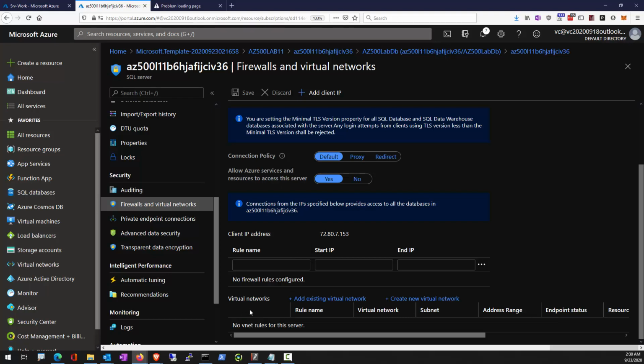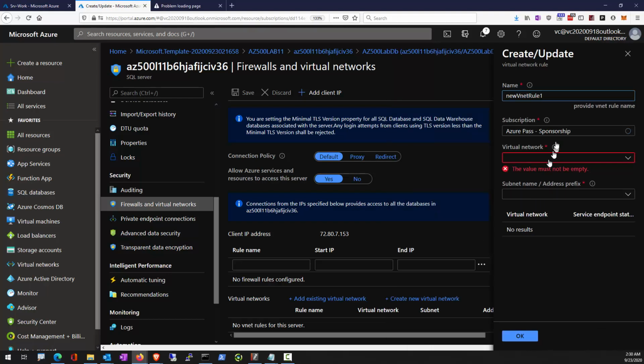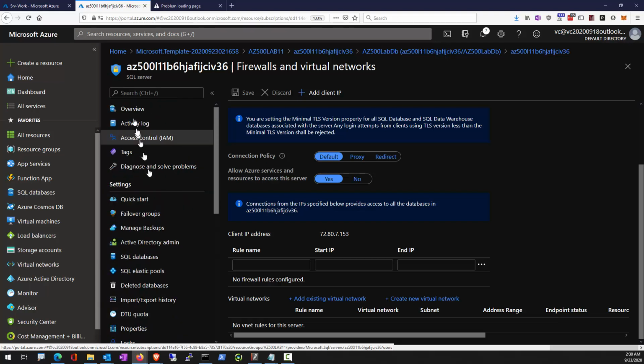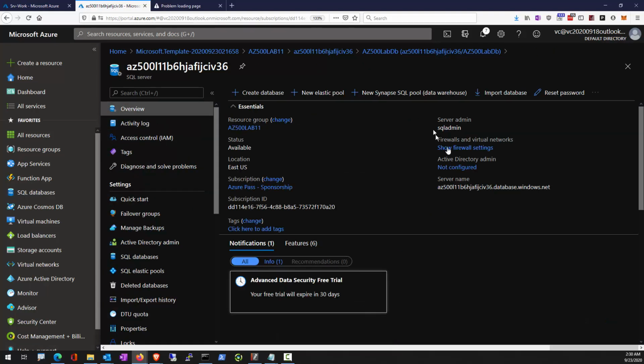Now you can also have VNet connecting to the database, okay? Because you don't always have a public IP exit out of virtual network. So you can use this to specify which virtual network has access to these servers. There's also a database level firewall rule. Now you're not going to find the database level firewall rule